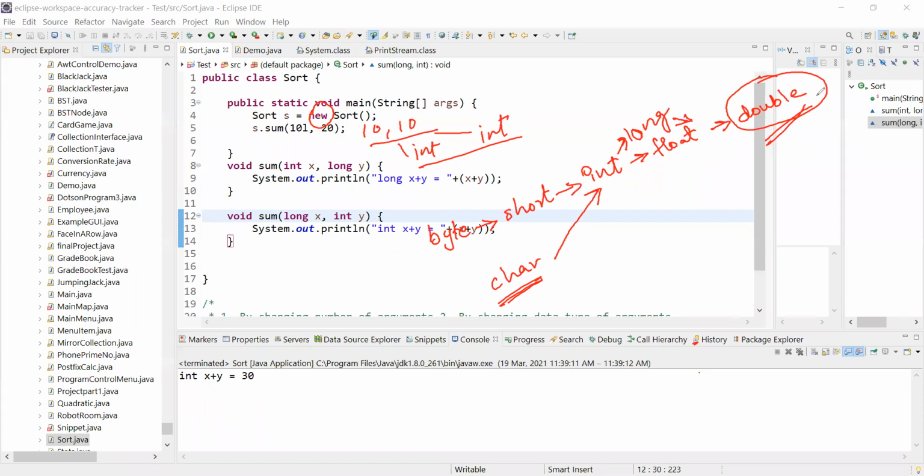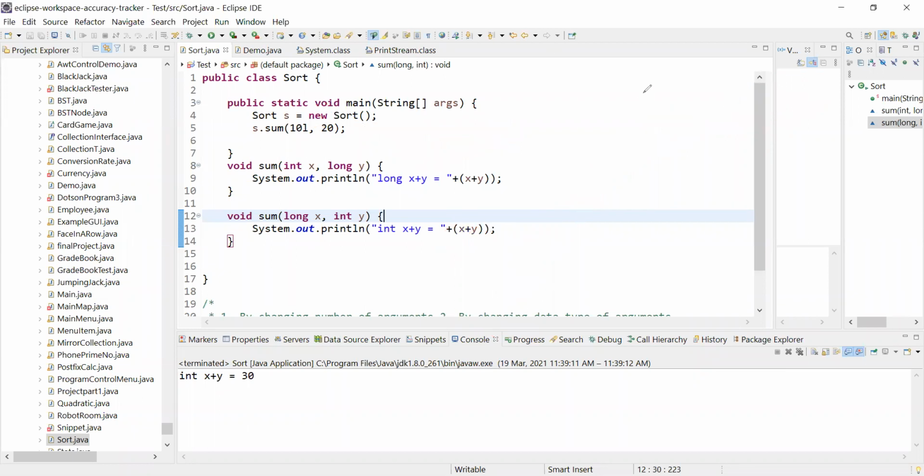Okay, so the next concept we have is method overriding. We will not go into much detail for overriding now, because when we do inheritance we will explore it more. This is a concept where we need to learn inheritance, because it works in parent and child classes. So let's talk briefly about this concept, method overriding.